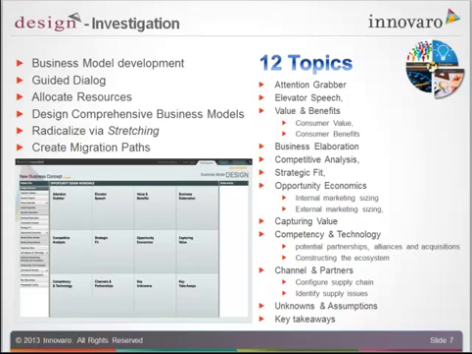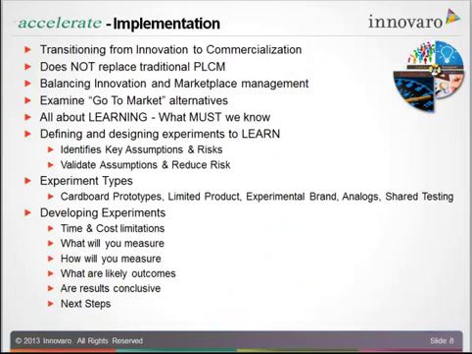Do I have the right sales organization? Do I have the right business model? There are probably a dozen different business models out there, from multi-sided platforms to long tail systems to all of those kinds of things. And you really need to think about that. And last but not least in these certainly is, what are the unknowns? What are the things I don't know that I need to learn about? And what are my key assumptions? What are the key takeaways? So again, design is guided dialogue to help you do this. You can tailor it to your own uses. We provide a lot of information and the capability to build those things out,